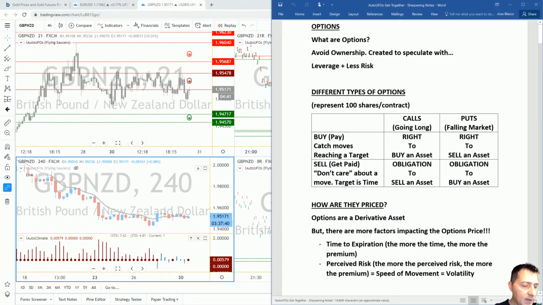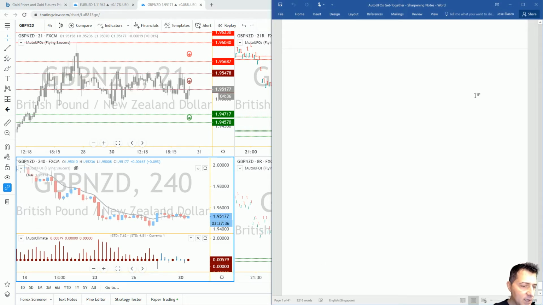I'm loading here my Word document so I can get some space to write the parameters of the trade. Let's start from top to bottom. The stop loss for the trade would be 1.95478. Remember, we need to round because it's a buy order, we round up, so it's 48. Second, because it's a buy order, we add 2, so 48 becomes 50. Third, because it's a stop, we add 5, so it's going to be 55. That would be the location for your stop.